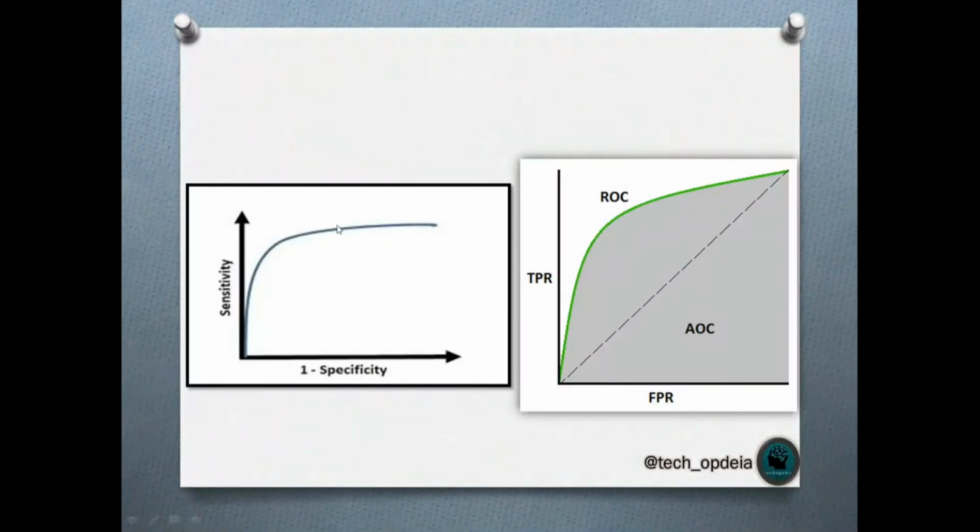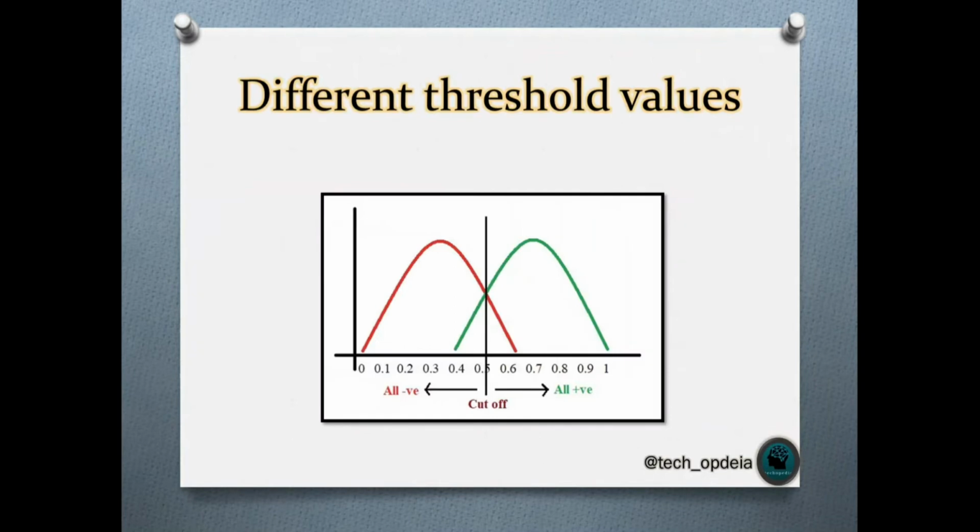So this is the AUC ROC curve. This is specificity, false positive rate, and this is sensitivity, which is on the y-axis, meaning true positive rate. You can see that FPR is plotted against TPR, and this is ROC and this is the area under the curve. You can try different threshold values and create the ROC AUC curve as per your problem. Which is more important for your problem, TPR or FPR?